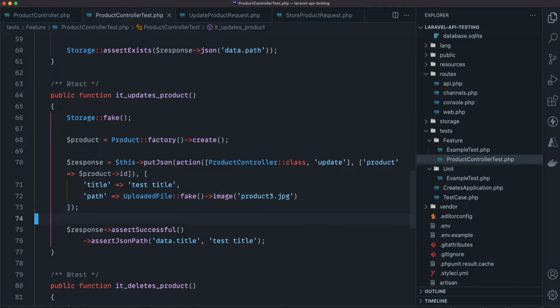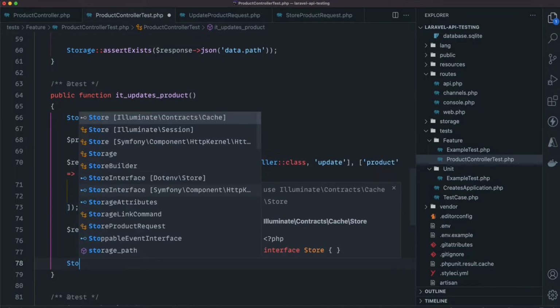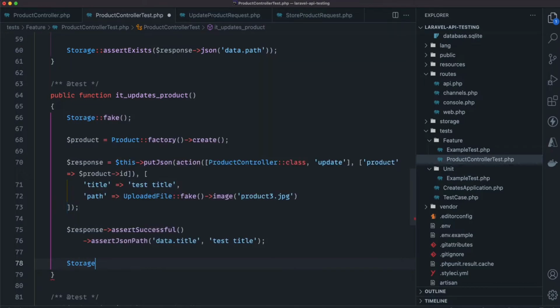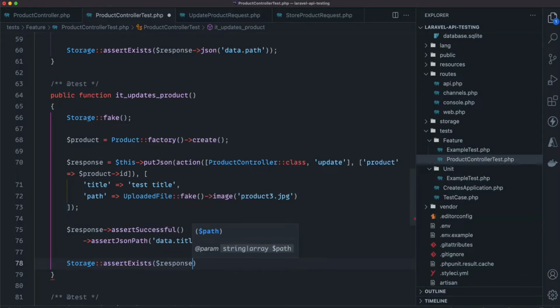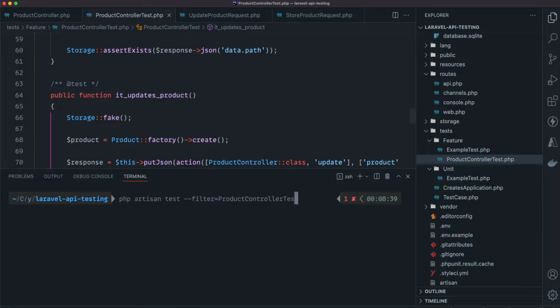Okay, and then it has to check Storage assertExists response JSON data.path. Again, if you run this test,